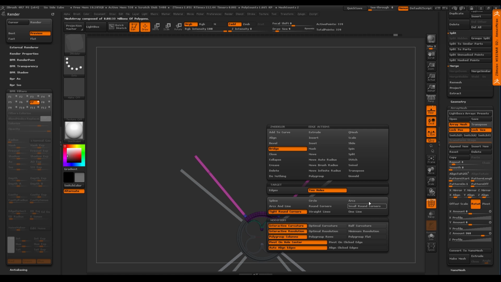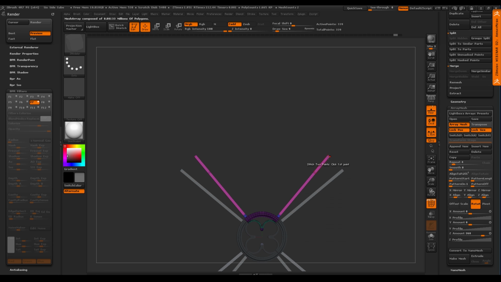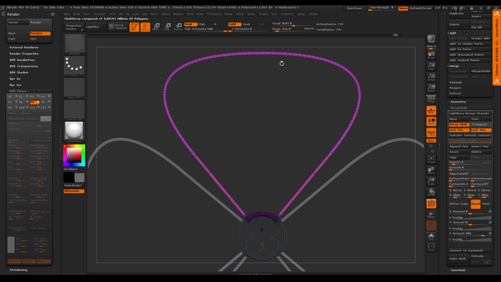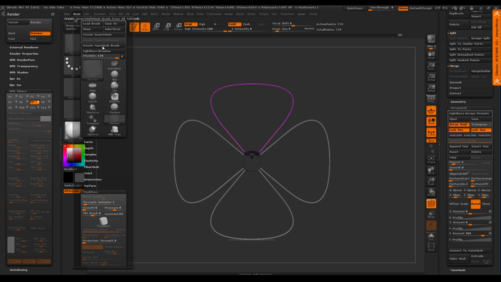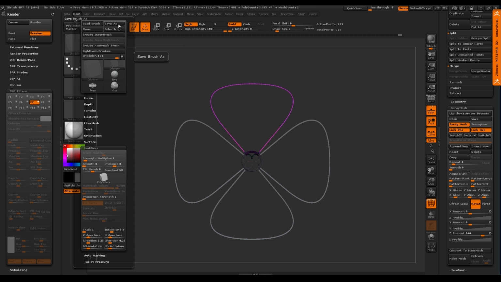And then maybe I want to try, what do the arcs look like? I can click on this one, and then click on this one, right? And now you've got something more like that, a 4-leaf clover kind of look. So this is all I did constantly on this piece, right? And then what I ended up doing was turning this all into a brush.